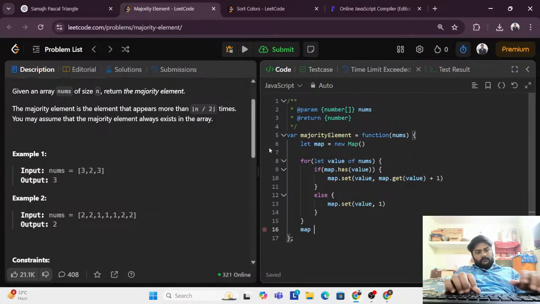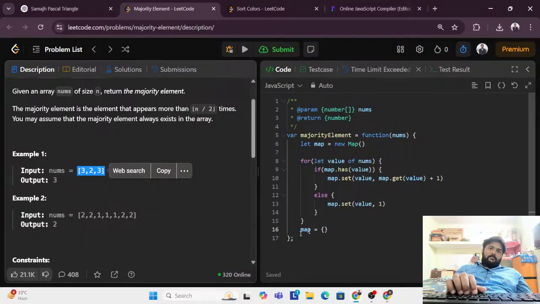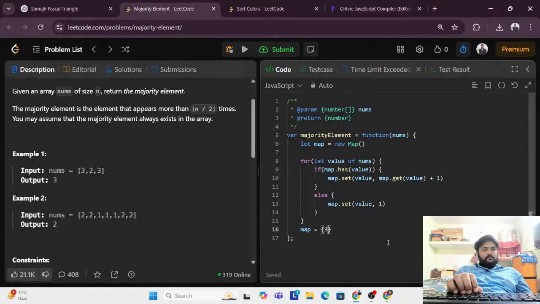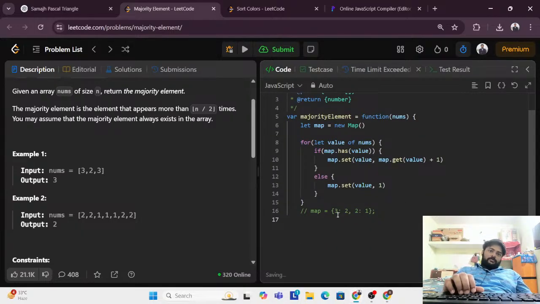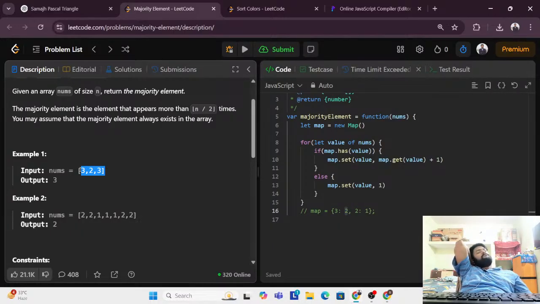I should have in the map, let's take the example of this, 3 comma 2, which means 3 two times, and 2 colon 1, which means 2 one time. So after this loop I should have this in my map. According to this I should return 3, because that is the key whose value is greater than the length of the array divided by 2. Okay,